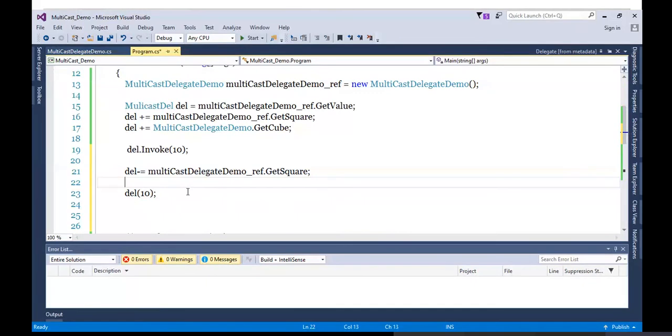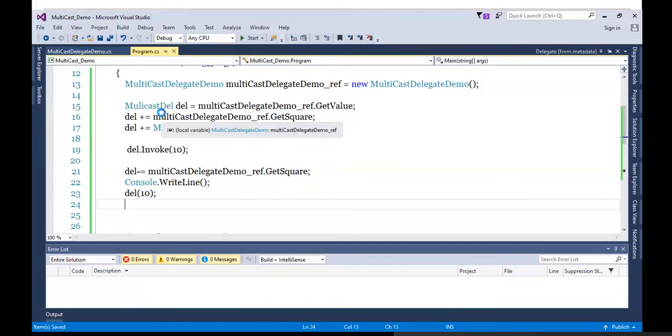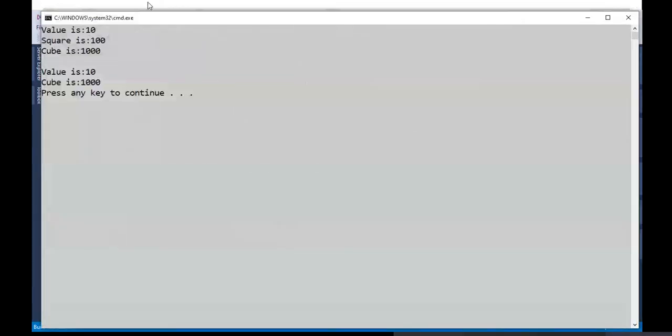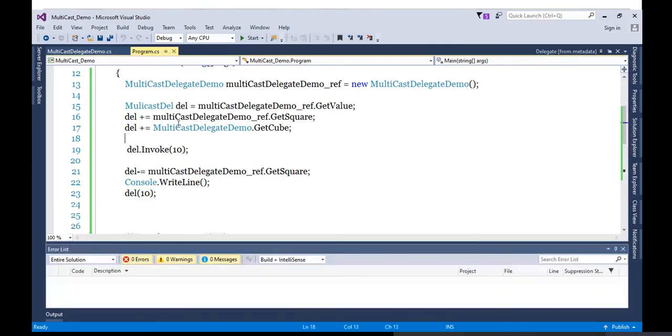Only 2, because we removed one of the methods. Let's watch. See, initially I'm getting 3 answers, but now I'm getting 2 answers only because I removed square. So, like adding, you are allowed to remove a method from the list as well. This is the point I want to show you.